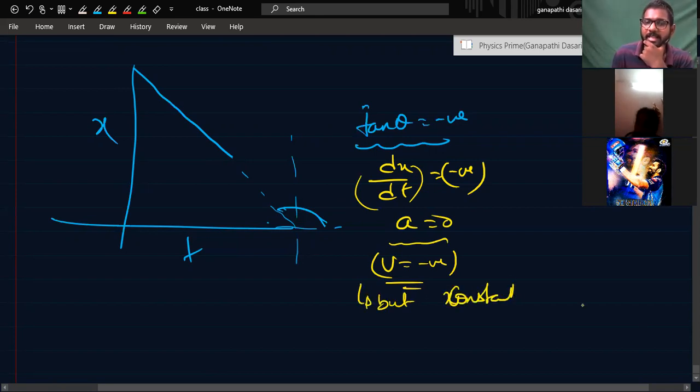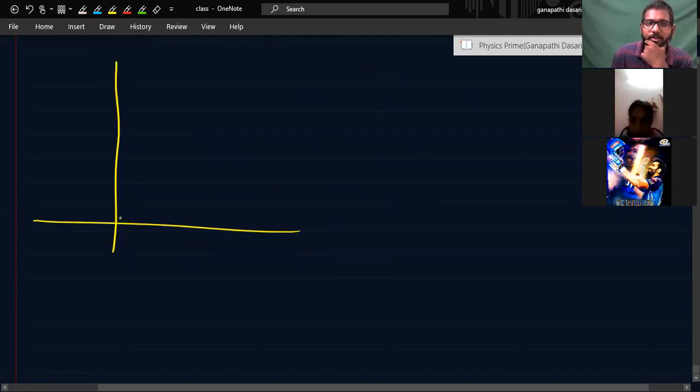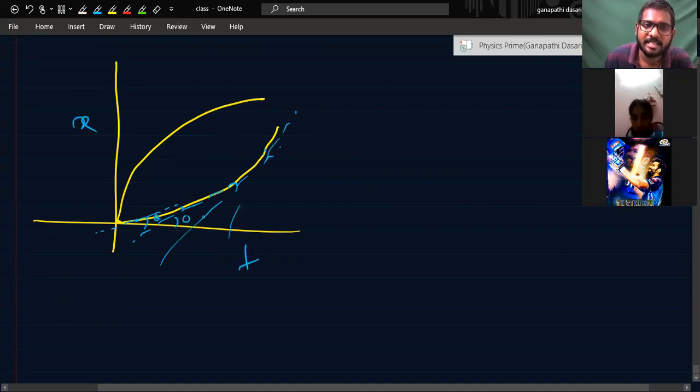Understood, sir. Then you carefully see here the fourth graph. This is one graph, and this is two different kinds of graphs. You got it? Yes, sir. You see here carefully. The slope is changing at different points. The slope at this point is this one, the tangent. The slope at this point is this one. Slope is changing in this graph or not? Yes, sir. Slope is what? Increasing or decreasing here in this graph with time? Increase. Theta is increasing with time or not?